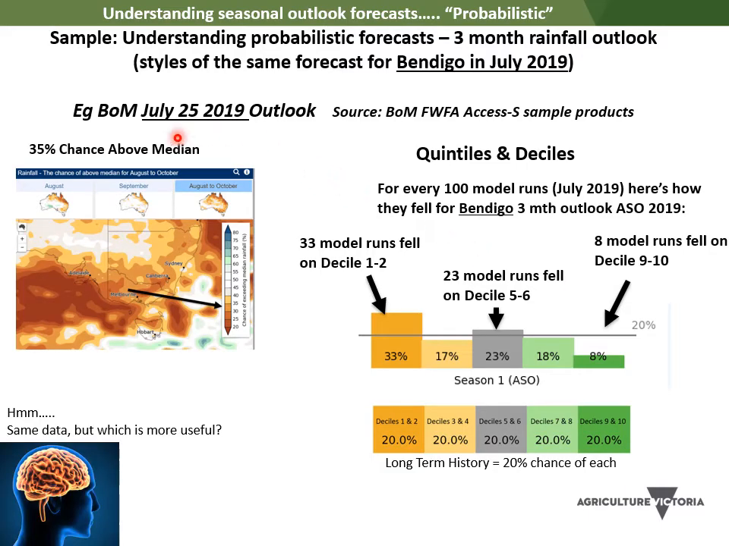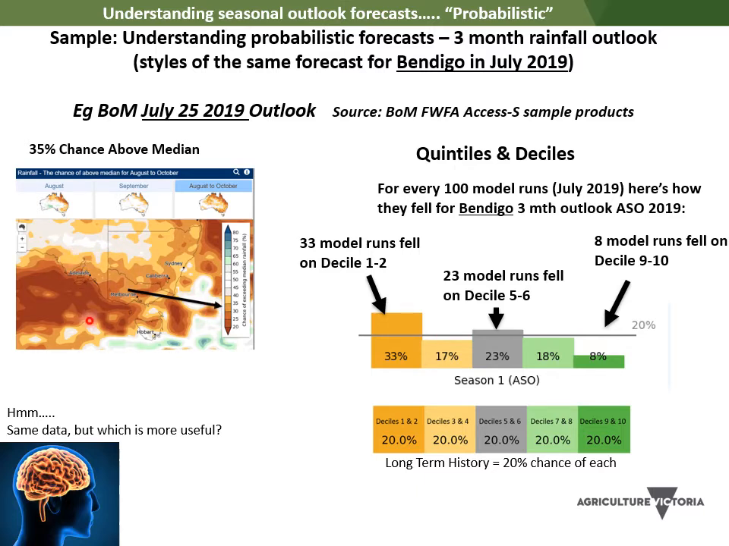And here's just an example. This is from last year. It's July 25th forecast in 2019. This is the typical sort of forecast that you might see for the 3-month outlook, and the Bureau has percentage chance of above median rainfall. And you can see a map there where talking about a 35% chance of above median, which means there's an